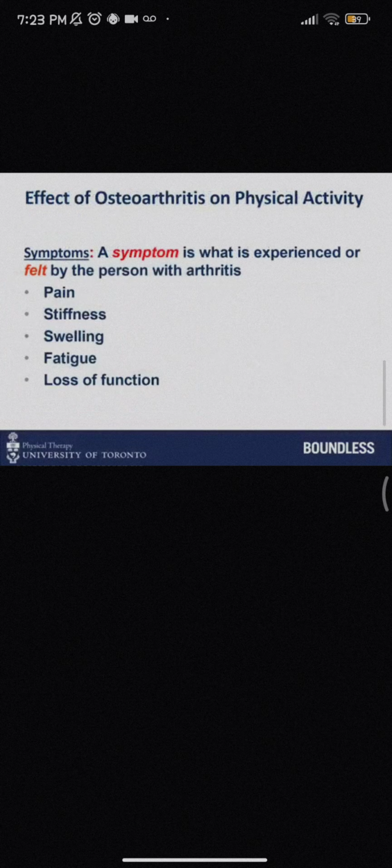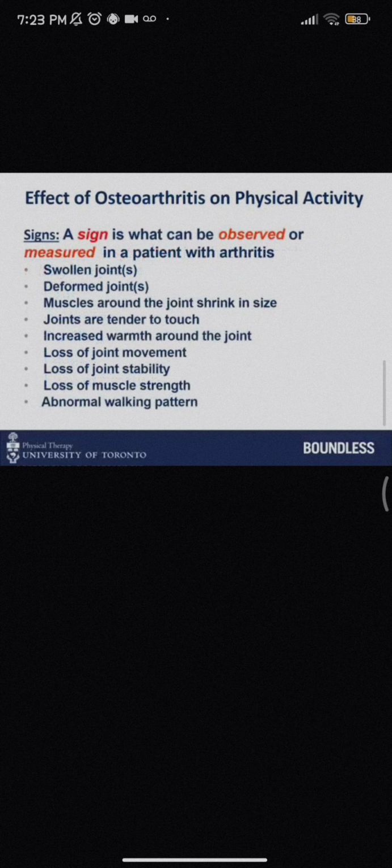Symptoms commonly reported by people with osteoarthritis include pain, stiffness, swelling, fatigue, and loss of function. Generally, pain is worse with activity with osteoarthritis. Stiffness usually occurs with maintaining the affected joint in one position for too long. Swelling can be made worse by excessive activity. Causes of fatigue are multifactorial. However, pain is a known contributor to fatigue. With all these symptoms, patients often report loss of function, both in their recreational and occupational activities.